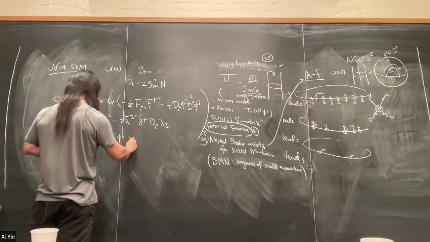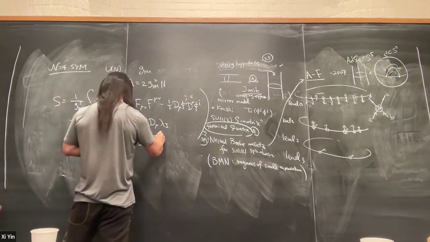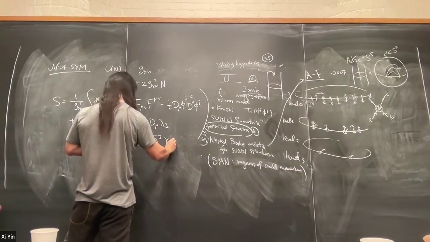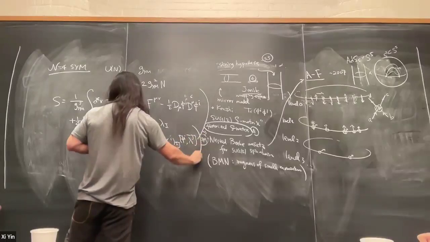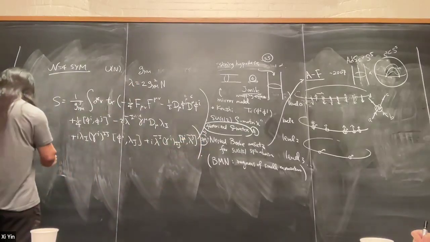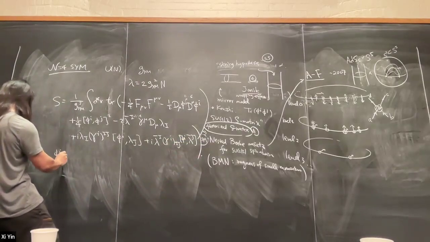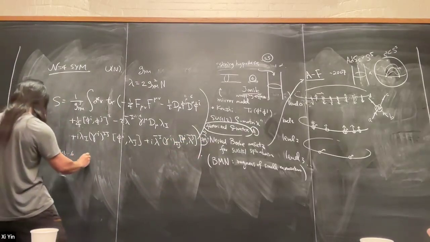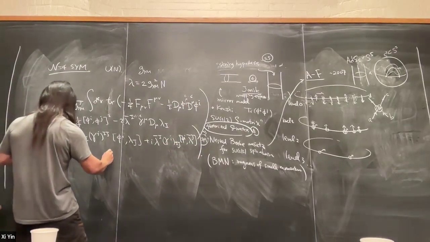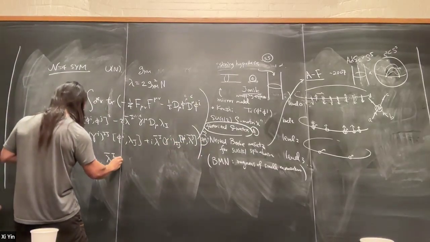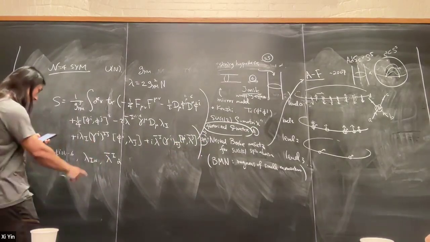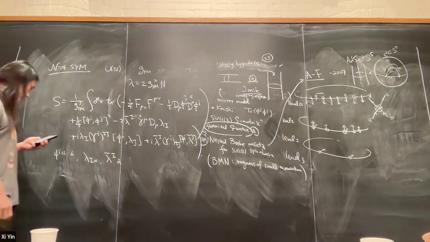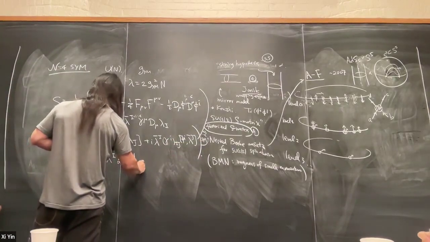Plus the Yukawa term with lambda bar and lambda, where the fields are phi^I from 1 to 6, lambda^I_alpha, and lambda bar_I alpha dot. These are bispinors in the four-dimensional notation. The alpha and alpha dot are four-dimensional chiral and anti-chiral spinor indices. And then, of course, you have the gauge field A_mu. These are the fields.